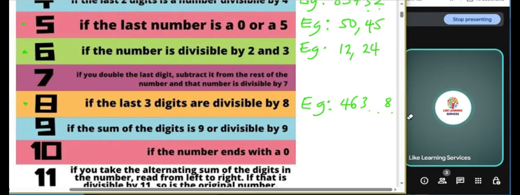8 times 10 is 80. 8 times 11, 88. 8 times 12, 96. 8 times 13, 104. So if you have something like 463,104, it is divisible by 8 because the last 3 digits are divisible by 8. Okay, divisibility by 9: if the sum of the digits is 9 or divisible by 9, if you add up the digits and it is 9 or divisible by 9,